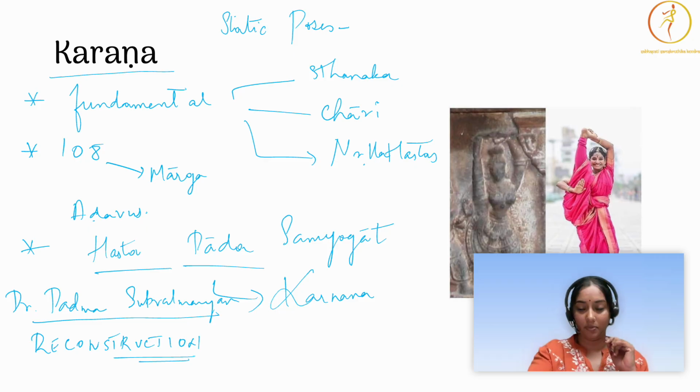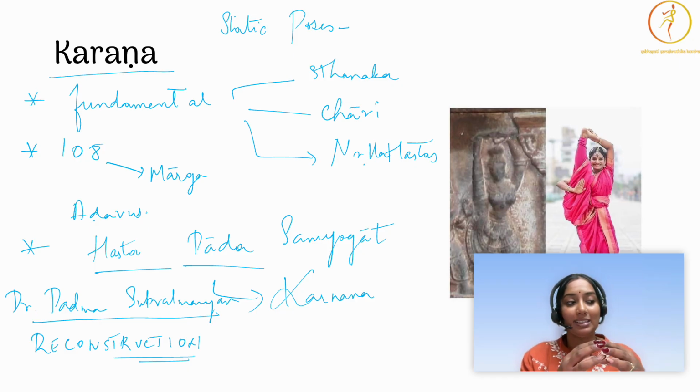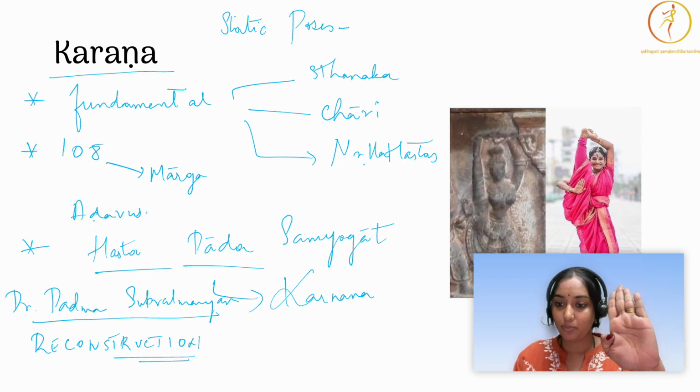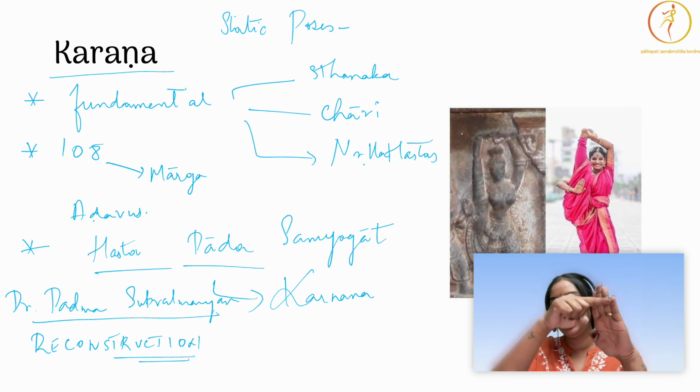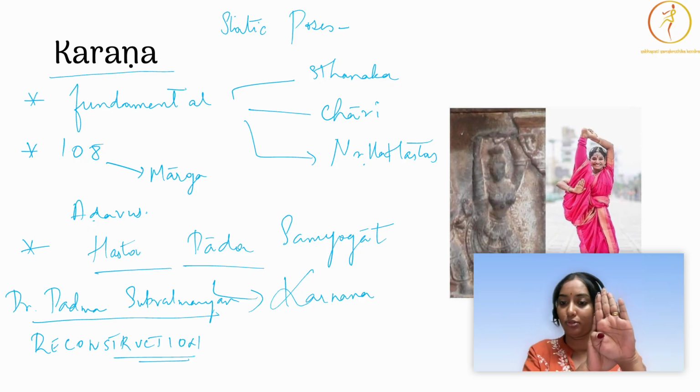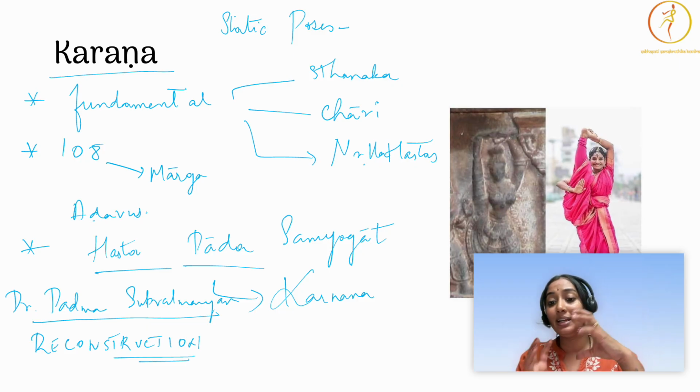How do you reconstruct something, or how did Dr. Padma Subramaniam reconstruct? When we see the Natya Shastra, there is a description of a particular Karana. To give you an example, what is the description of Pataka Hasta in the Abhinaya Darpana? Angulyaha kunchita angushtaha samshlishtav prasritayadi sapataka karaf prokto. That is Pataka Hasta. When the Angushta is bent and the rest are stretched out, it becomes Pataka Hasta. Similarly, there are descriptions given for each Karana. So what Dr.